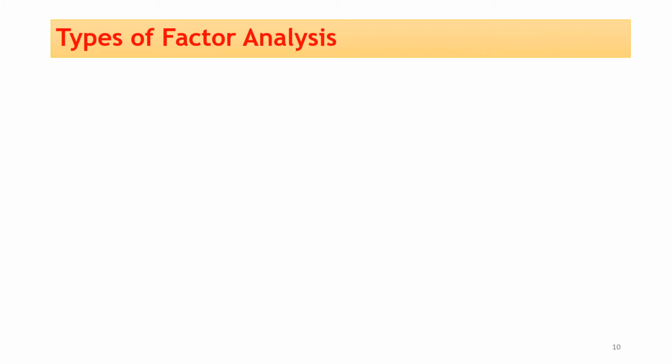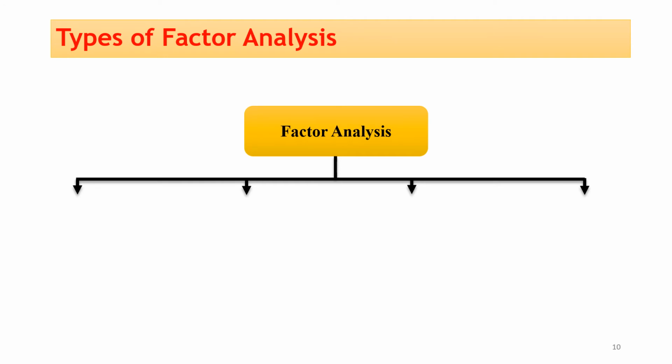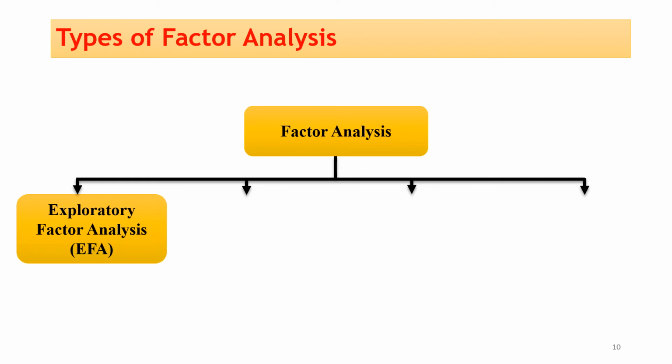Now let's see the different types of factor analysis. Factor analysis is basically divided into four types, the first type being exploratory factor analysis or EFA. Now what is EFA? It is used to identify the complex interrelationships among the items and group items that are part of unifying concepts, and the analyst can't make any prior assumptions about the relationships among the factors. It is also used to find the fundamental structure of a huge set of variables, and it reduces the large data to a much smaller set of summary variables.